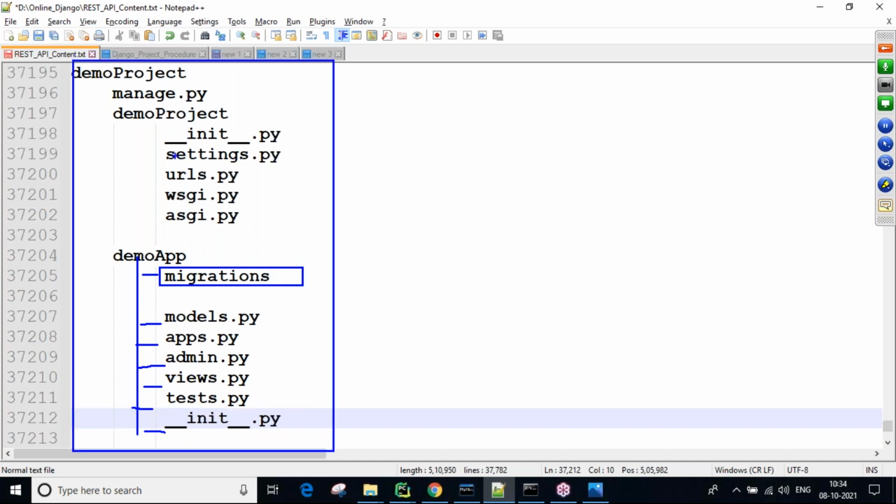Most of the time we regularly use settings and URLs, models, admin and views. These files we use most of the time. All the remaining files are interlinked with each other.